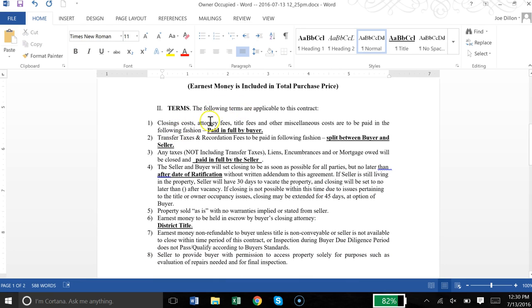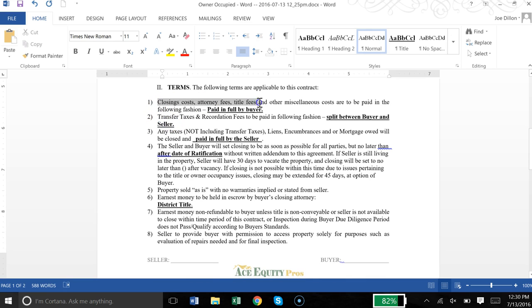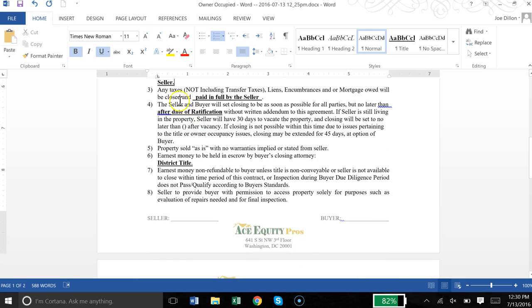So the following terms, right? We have closing costs, attorney fees, and title fees to be paid in the following fashion: paid in full by buyer. Transfer taxes and recordation fees split between buyer and seller, so each party pays their own transfer taxes and recordation fees. Taxes, not including transfer taxes, liens, encumbrances, and a mortgage, paid in full by seller. The seller and the buyer will set closing as soon as possible for all parties, but no later than